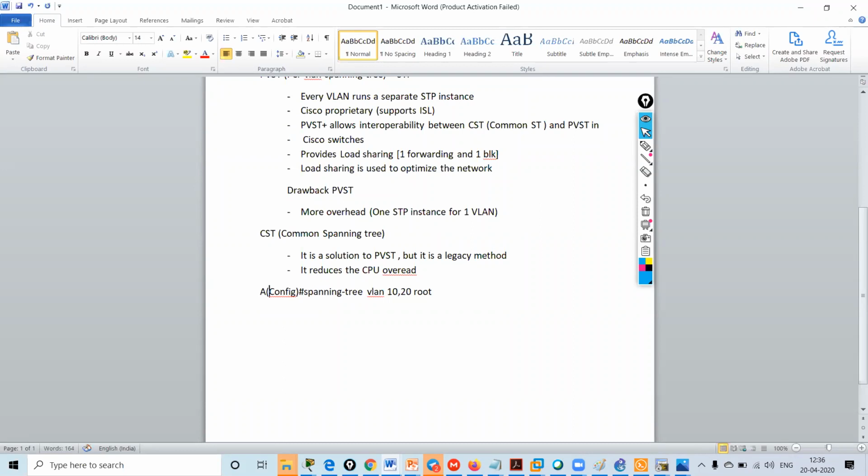Suppose I'm on switch A. So this will be my root primary.